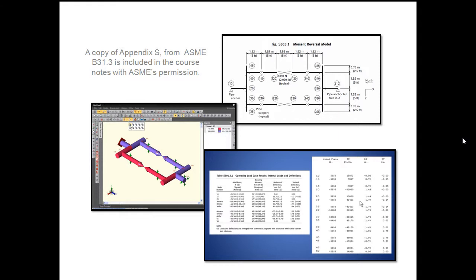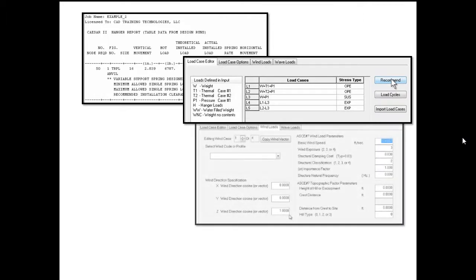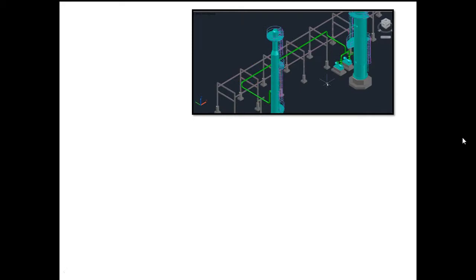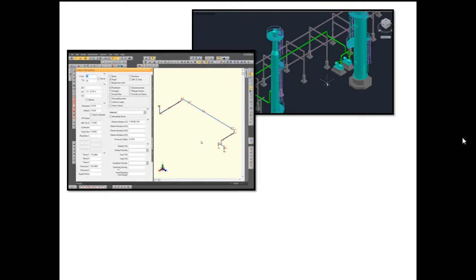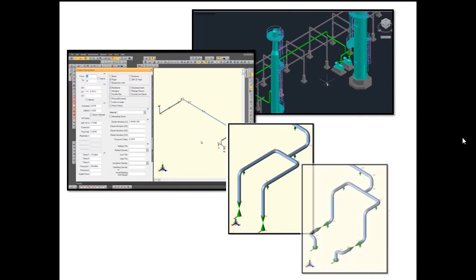Along the way, you'll explore a number of topics like designing hangers, creating new load cases, designing wind loads, and producing custom reports of your analysis results. One of the course lessons works with a line imported from a 3D CAD modeling system, and you'll test it and modify it to increase its flexibility. You'll see how changes in the geometry can reduce the forces and moments around a set of pump nozzles, and as you do this, you'll learn and use a number of techniques to modify models in Caesar 2 software.